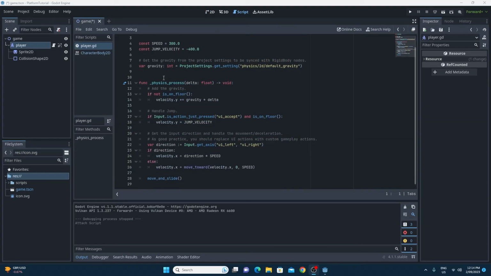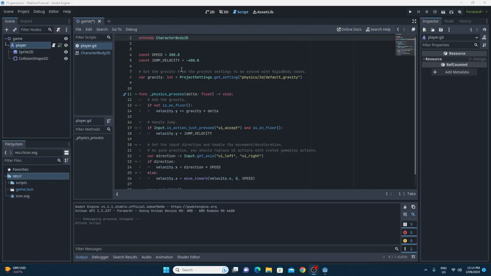I'm assuming that you've done some programming. I'm not going to cover a whole ton of this, but you should definitely try and familiarize yourself with how this works. You can take a little look through, and most of the language, because it's very Python-like, should be kind of understandable. The differences are things like var, in order to define that this is going to be a variable. And you can force a data type as well. This is an integer data type, so it's going to be a number. These are constants, you can tell, because they've got the const keyword. And if we look at these values, this 300 and minus 400,